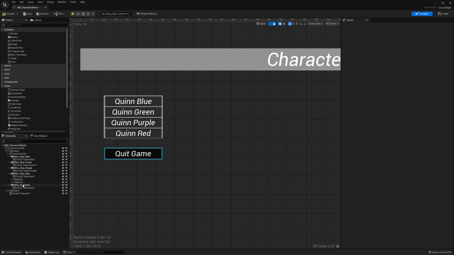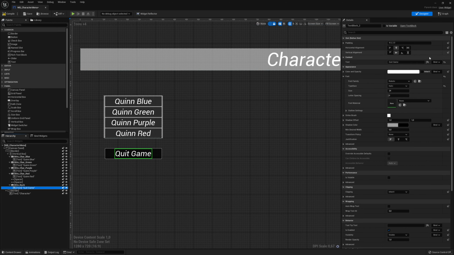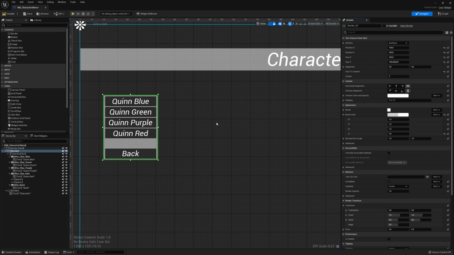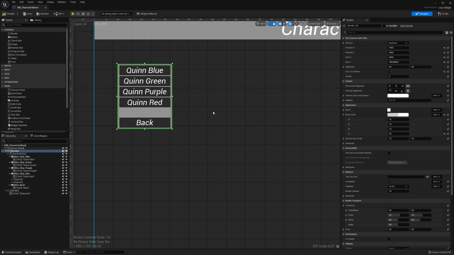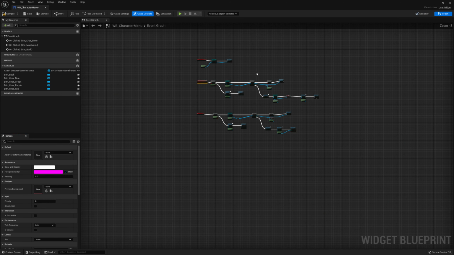We only need one more, and this is going to be my back button. So button back. And for the text, that's going to be simply back as well. So that's good to go. Let's grab this border over here, click size to fit, so it will wrap around the buttons nicely. And for now, that's all we need in the designer. So let's compile. We get errors because we have